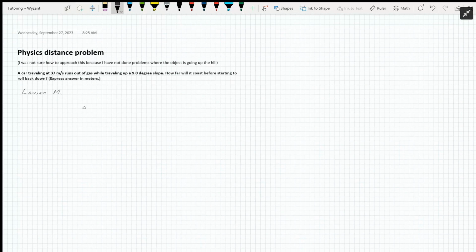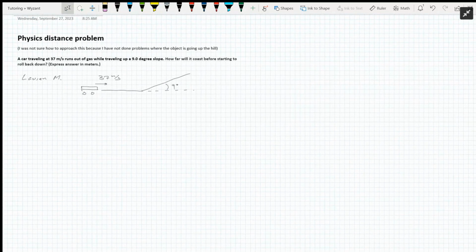We've got a car that is traveling at 37 meters per second, and it is traveling up a 9-degree slope. So here's our situation where we've got 9 degrees. This is a kinematics problem and a dynamics problem because we want to know first what is the acceleration of the car on the